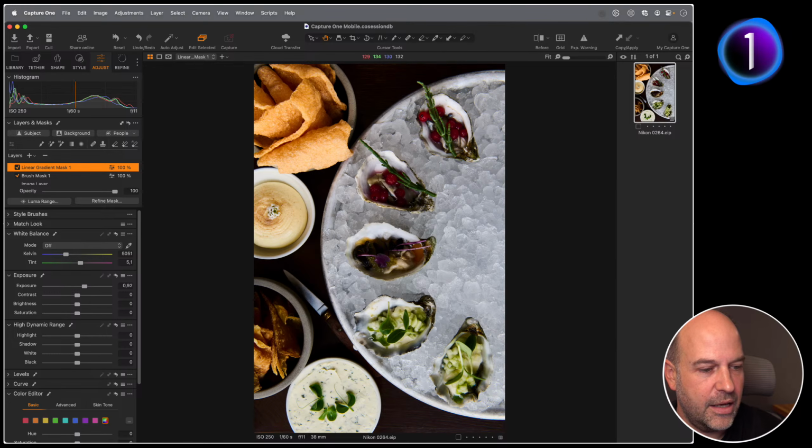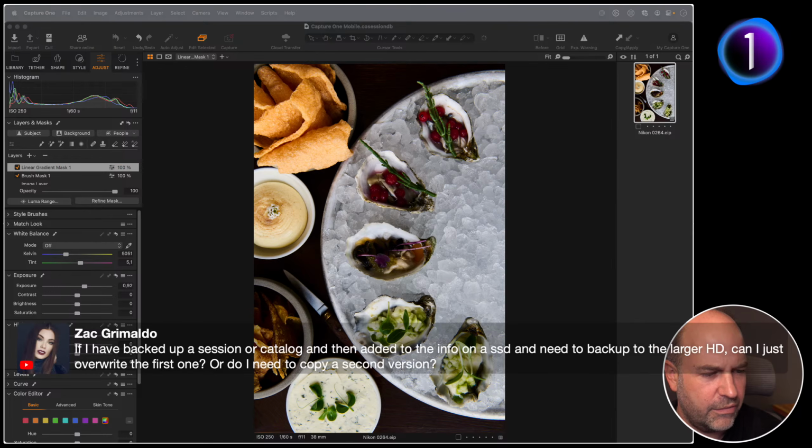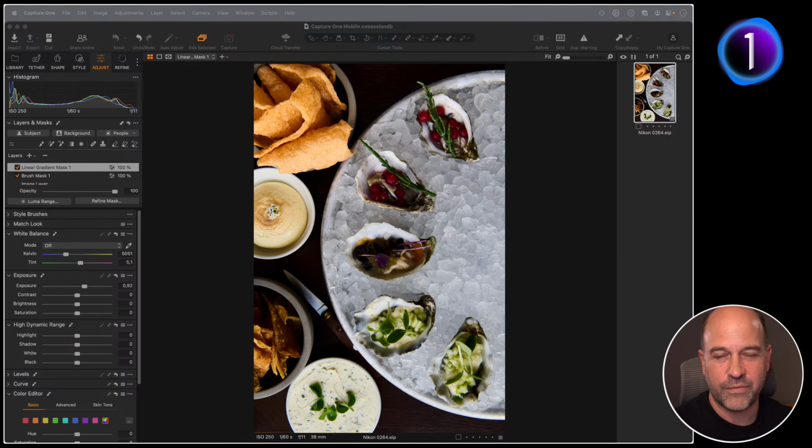Let's see. Zach, I wasn't fully aware of your question, I don't think. If I've backed up a session or catalog, then added to the info on an SSD and need to back up to the larger HD, can I just overwrite the first one, or do I need to copy a second version? Yeah, if you're backing up a session to an external hard drive, first of all, I would use something